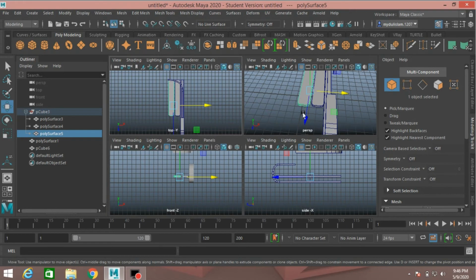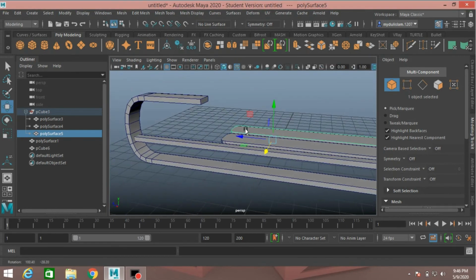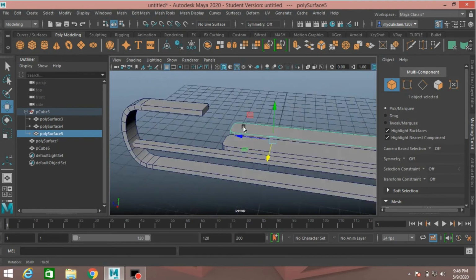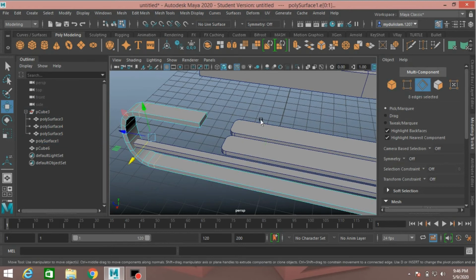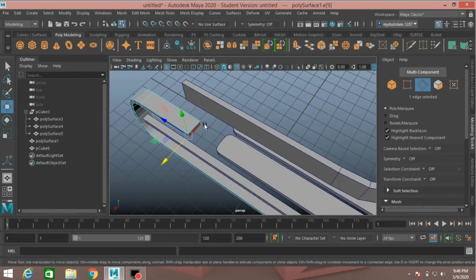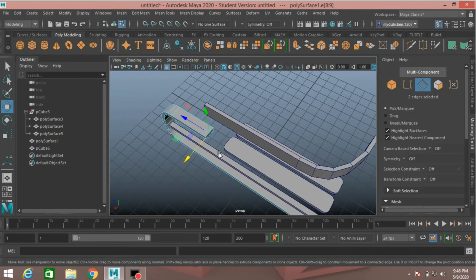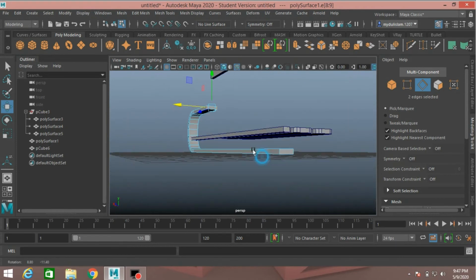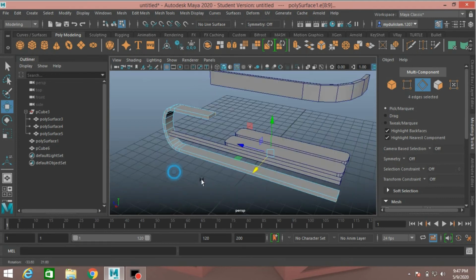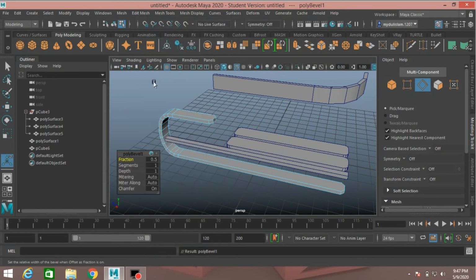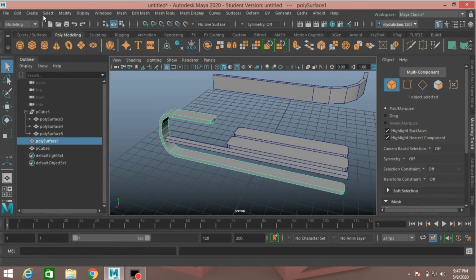Now go to perspective view, again select this edge, shift select this edge and this edge, shift select this edge, go to edit mesh, click bevel, type segment 3. Now go to object mode, edit, delete by type, delete history.